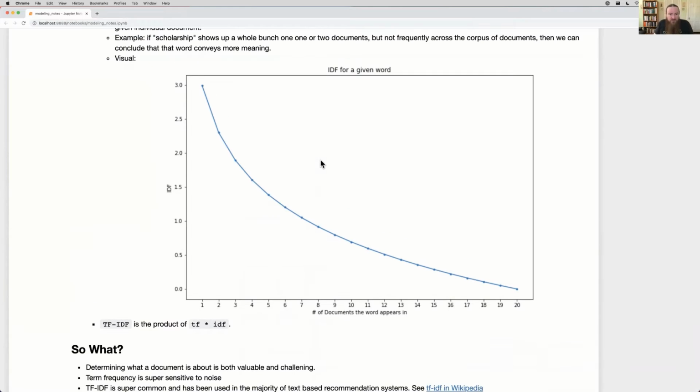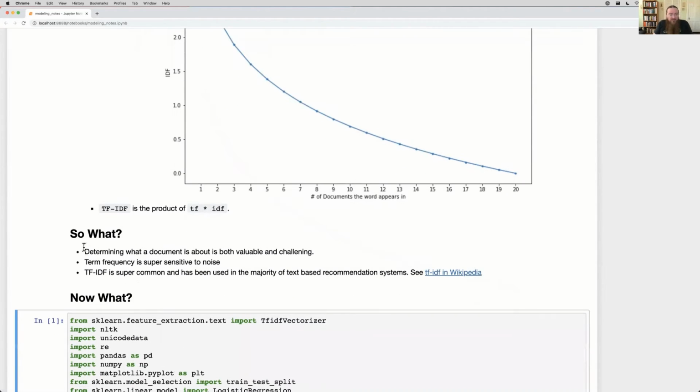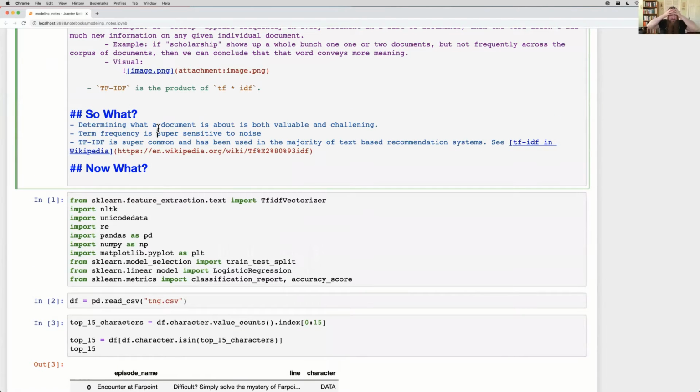The biggest takeaway with tf-idf, and I want to put some context in here, the so what. Why are we bothering with tf-idf? Of all of the possible topics in NLP modeling we could teach, why are we teaching tf-idf today? Well, the number one thing is that determining what a document is about is both valuable and challenging. Term frequency is super sensitive to noise and it's imprecise. And when we look at tf-idf,